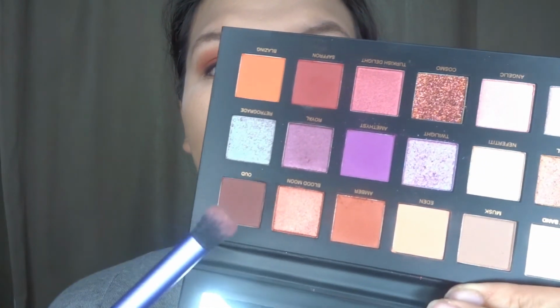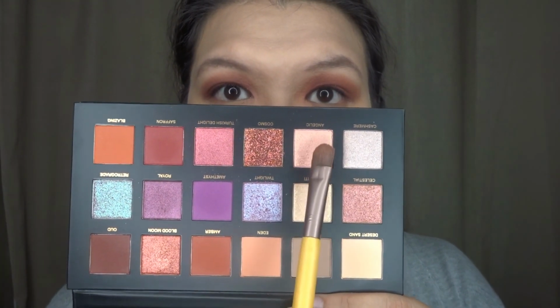I'm just going to use this colour here, which is Oud, and then I'm just going to tap it gently. Is that a bit too much? Is that a bit too intense? Okay, so this looks a bit crazy. But then afterwards, I'm going to use this colour here called Angelic. I'm just going to put it on the top of my